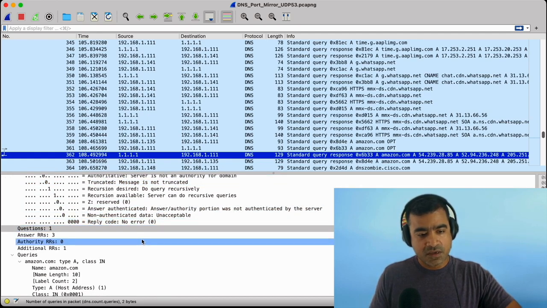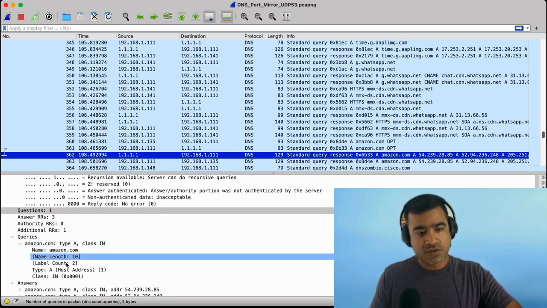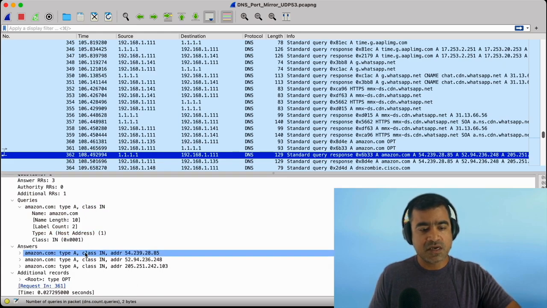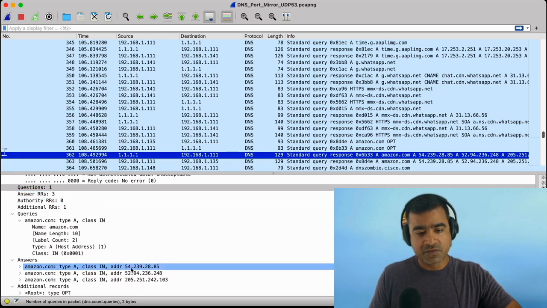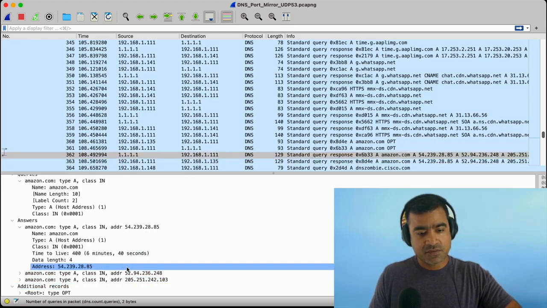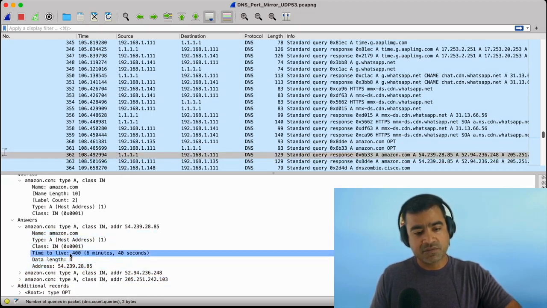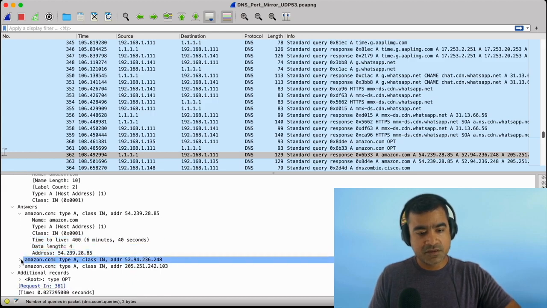We have the query, question, and what you should look at is the first answer RR, recursion resolver. How may we get more than one IP address for one particular host name, right? And that's what it says here, that we are getting 3 responses back. As you can see, their IP addresses end in 85, 248, and 103. You can expand them, time to live. So this much time, this information will be cached. 6 minutes, 6 minutes,